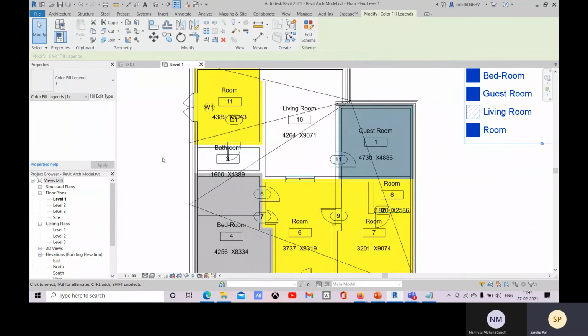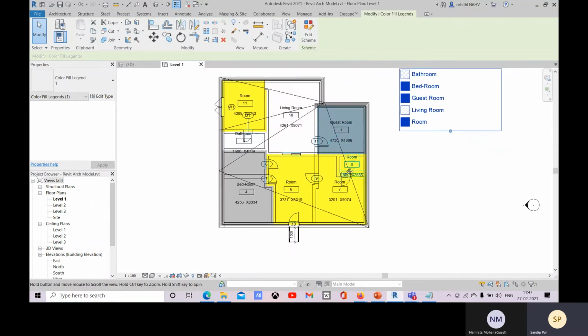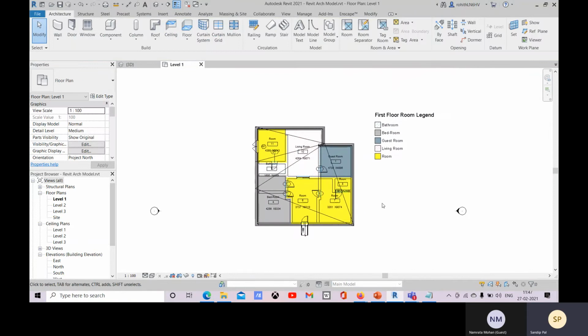Yeah. So there you can see, this way you can change your color schemes. All right,